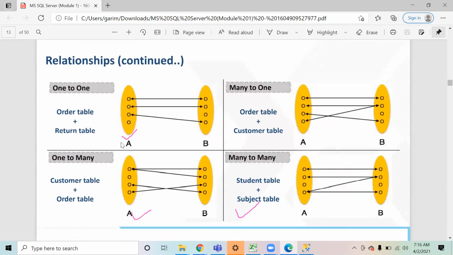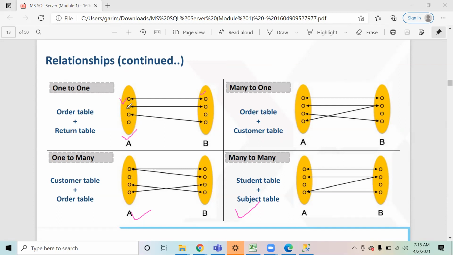If you see, this is an example of one-to-one. Suppose we have an order table, and this is a small example picked up from the superstore data, where a person purchases something and then plans to return it. So a return can be only one-to-one, right? If you have purchased it, then only you can return it. You cannot return it two or three times.